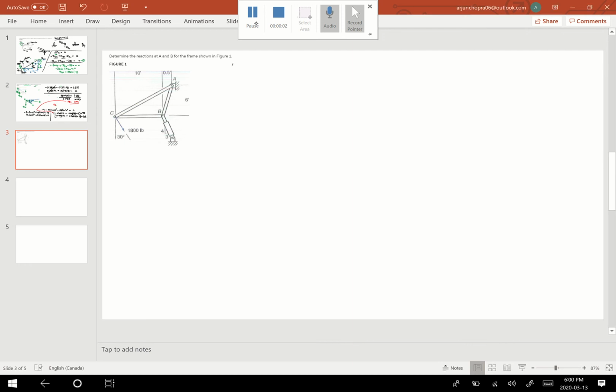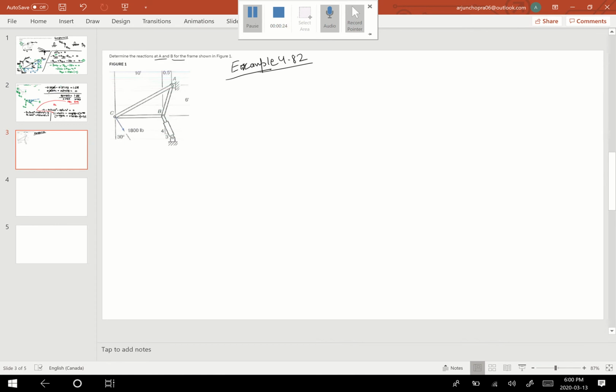Hello friends, let's look into the example 483. This is the question again from Keith M. Walker. Oh no, not 483, it is 482. My apologies. So in this, what we wanted to do is find reaction loads at A and